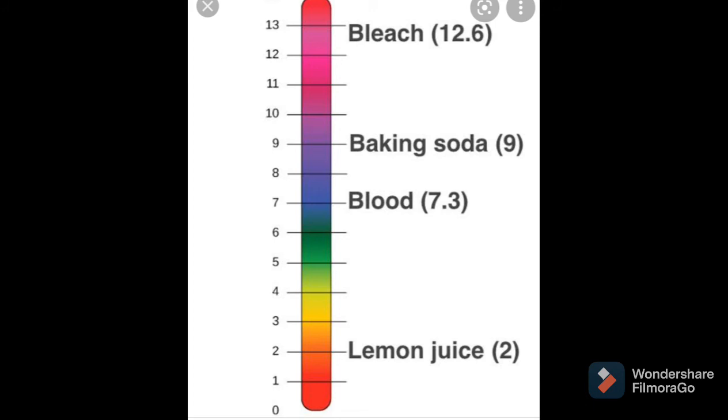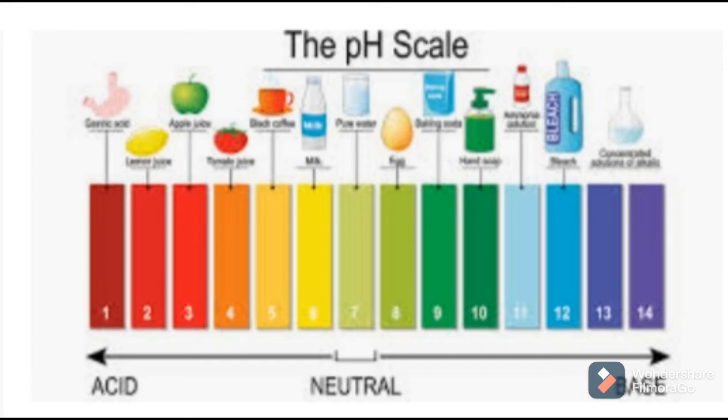Means when we are talking about human blood, the pH of human blood is neutral. Then what is the pH of human stomach contents? It is acidic, because some acids are secreted by the internal lining of our stomach to digest whatever we have eaten, to digest that food material. That we will study in our next point.